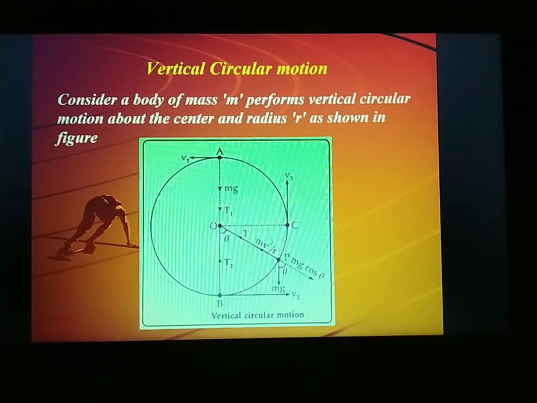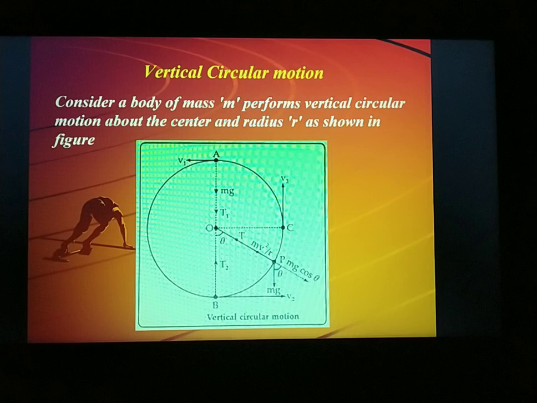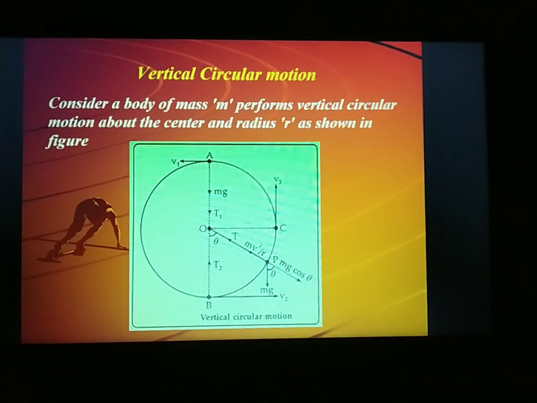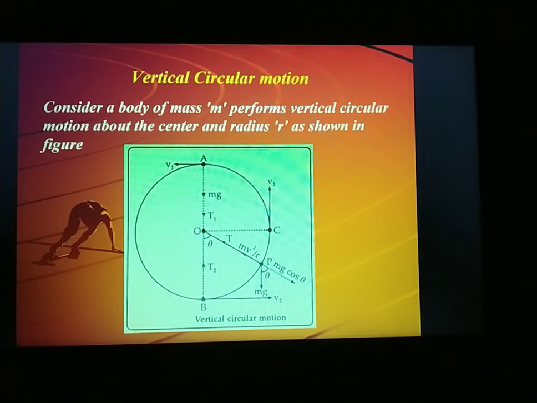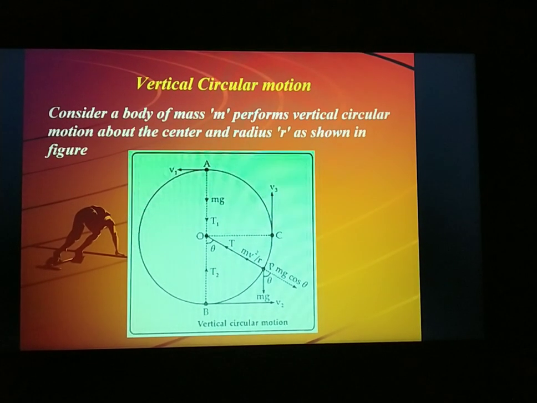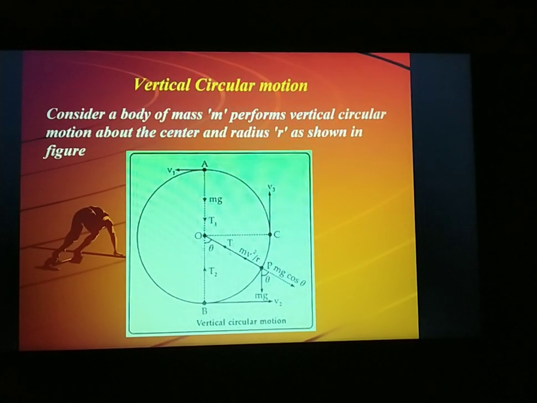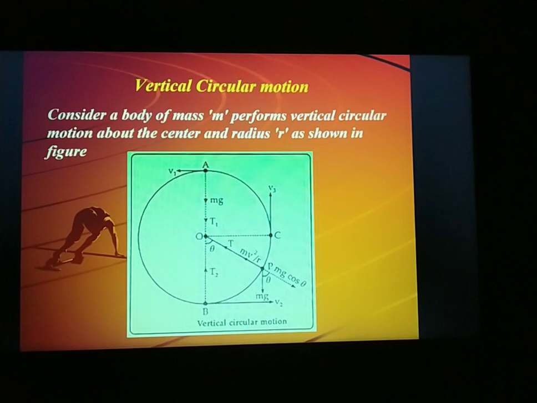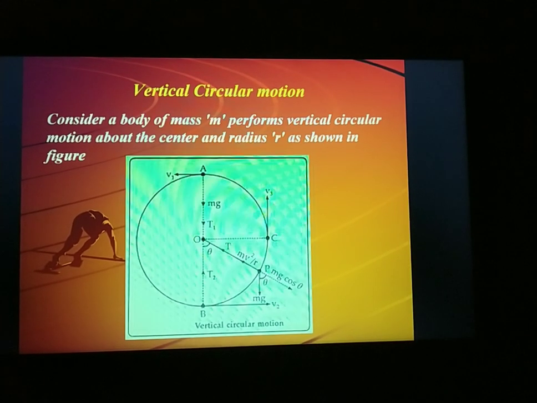In the last lecture we already discussed linear velocity at different positions in vertical circular motion. Now here we will take a quick review again. We considered a bob having mass m which is moving in a vertical circle of radius r, so the weight of the bob will be mg. We considered different positions in the vertical circle: point A is the top position, point B the bottom position, and point C the mid position.